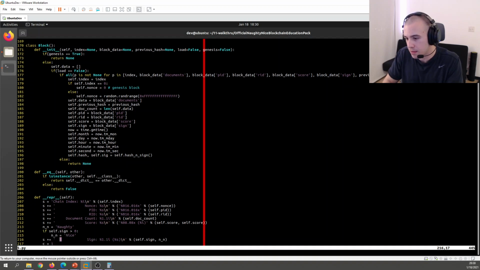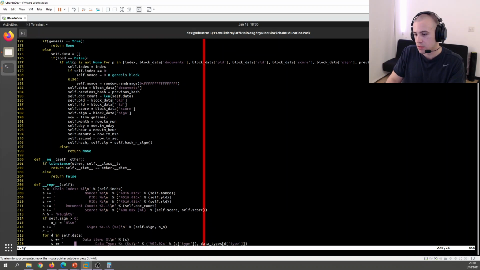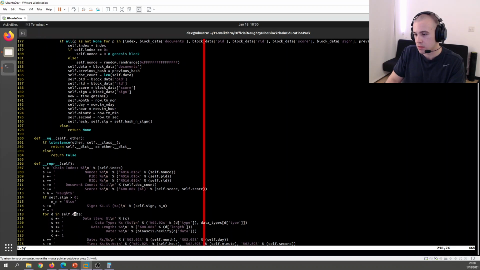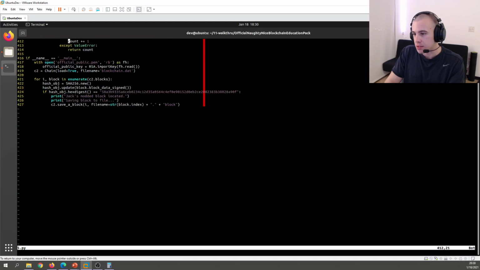There we go. So if self.sign is greater than 0, then that means it's nice. Okay, so we need to change the sign from 1 to 0. So what we can do is we want to know where in that block this is actually changed. So what we'll do is